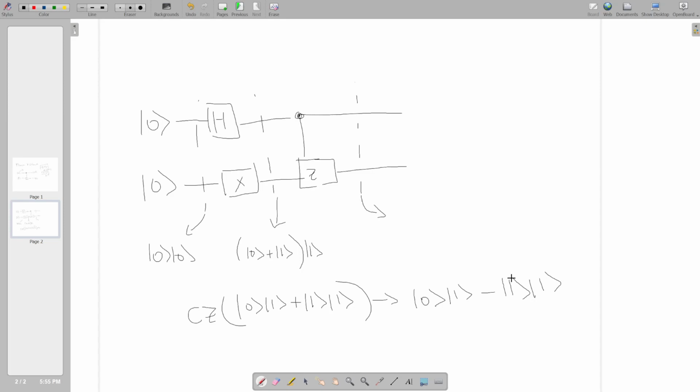So we took our control and went through the if-thens and we got this state. Well, now let's separate this state. We can just factor out the 1. This is pretty trivial. In both cases, we can factor this out, so we'll get 0 minus 1, 1.